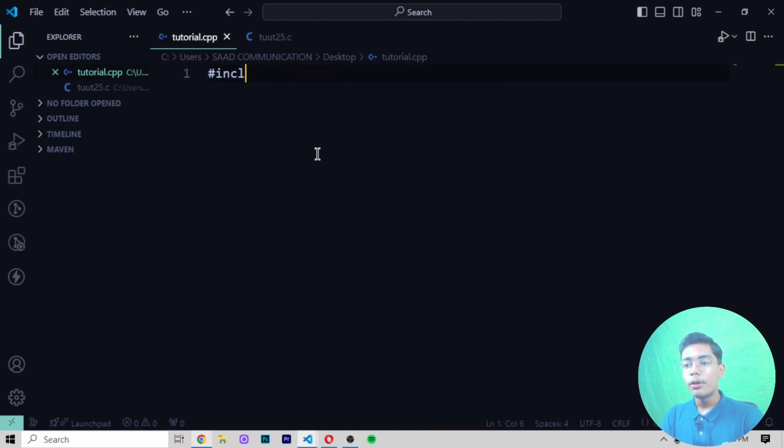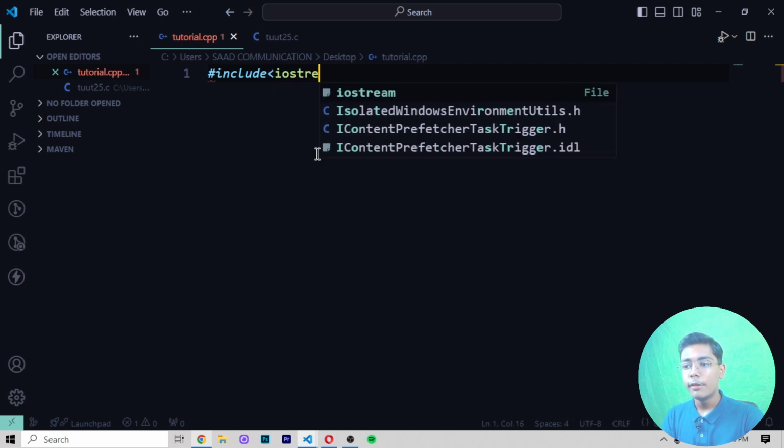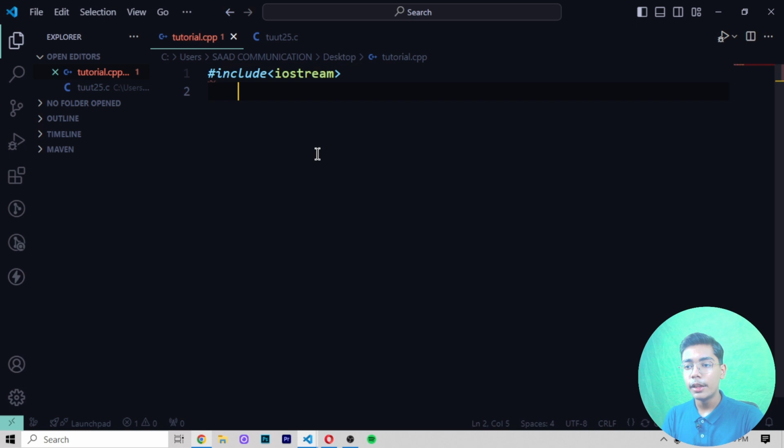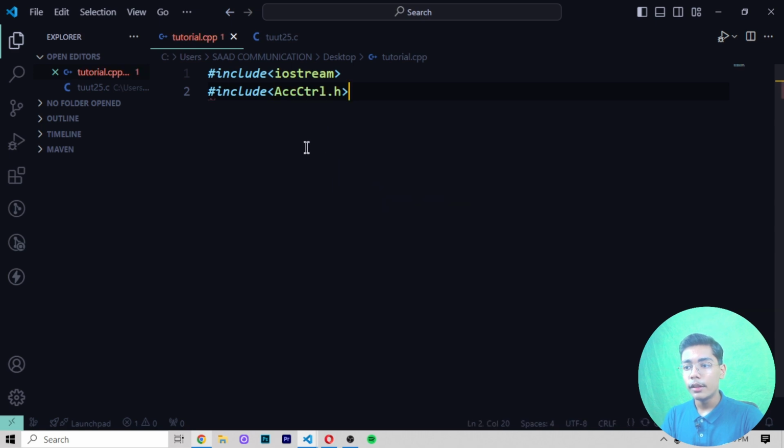Now if I want to write the starting code as hashtag include iostream, and if you press tab and then write iostream again, you will see that we are getting iostream in a different way here. And now if I write here hashtag include iostream, you can see the error we were getting is now gone, because the error we were just facing was of a different thing.